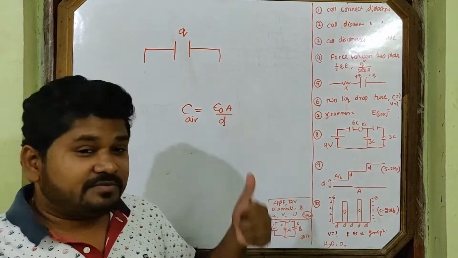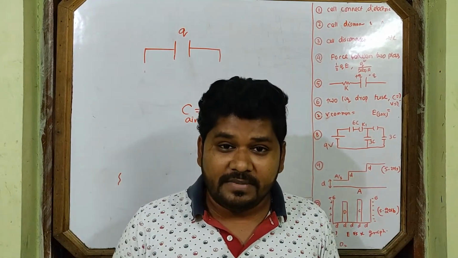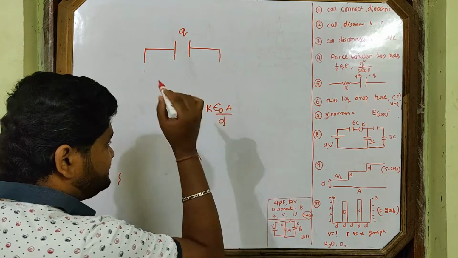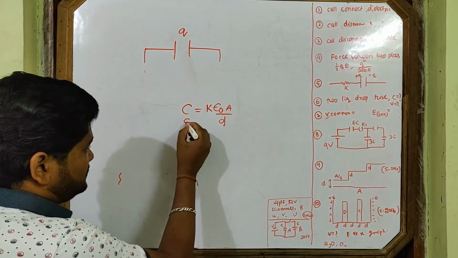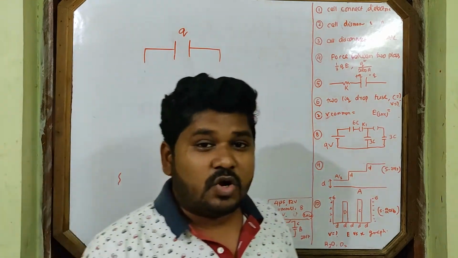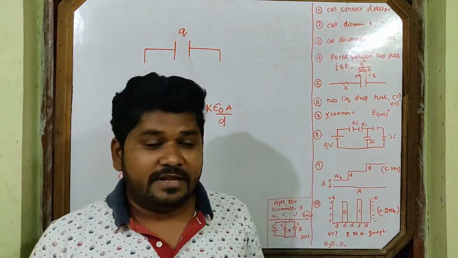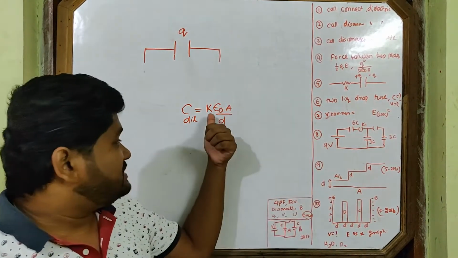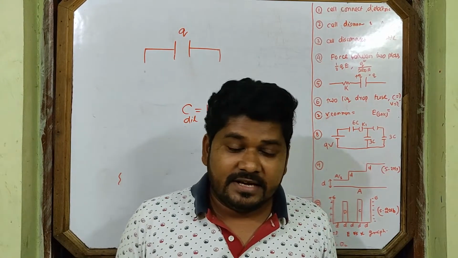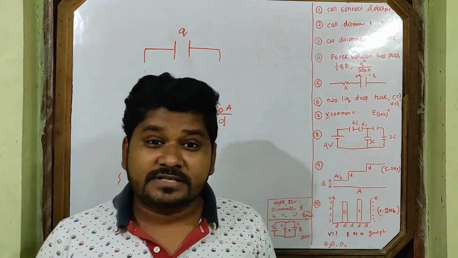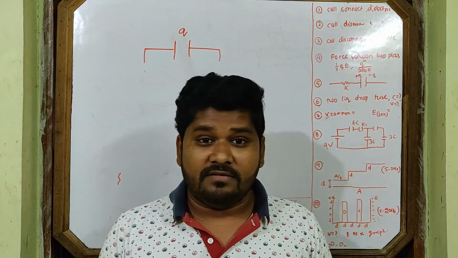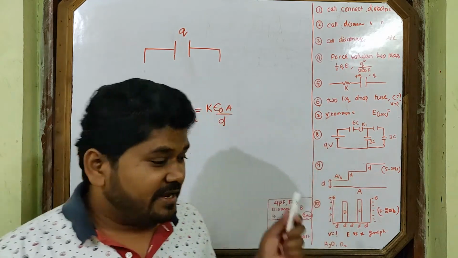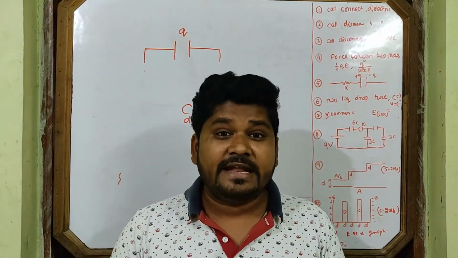You can increase the area of the plate, you can make the area of the plate double. Or whatever change you can do, suppose you insert dielectric. What will the capacitance be now? It will be K times epsilon naught A by D. And if dielectric is inserted between the two plates in air capacitor, what happens to the capacitance? It increases irrespective of the combination of cell. Cell may or may not be connected. But if dielectric is inserted, capacitance must increase by K times. By how many times? K times.